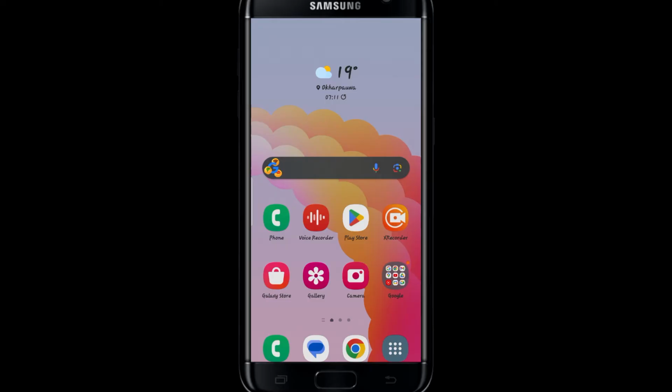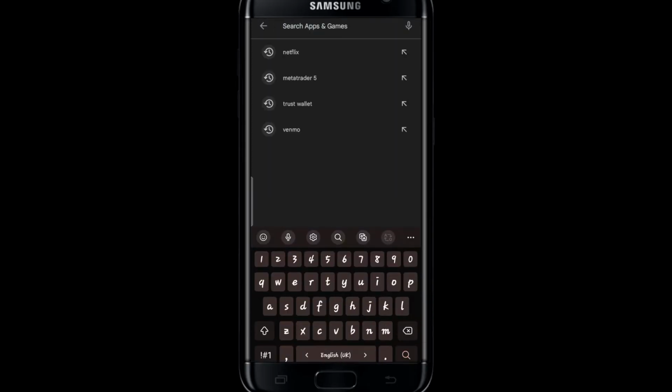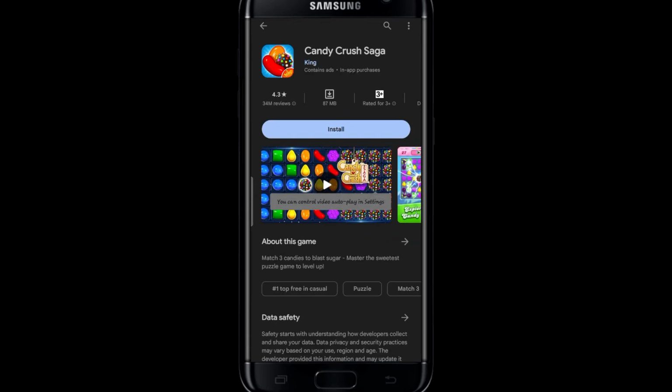First of all, if you're on iOS, then just go ahead and open up the iOS App Store. And if you're on Android, then go ahead and open up the Google Play Store. And now just tap on the search box and type in Candy Crush. Now start the search, and once you find the Candy Crush Saga application, you can tap on the install button,